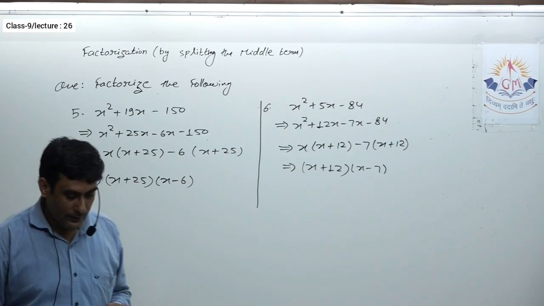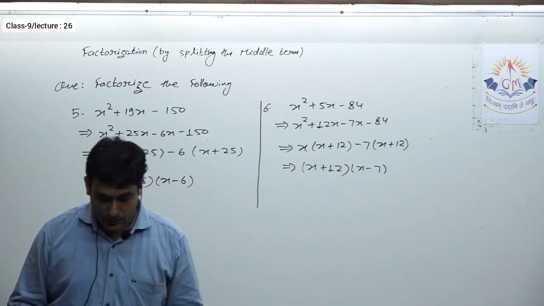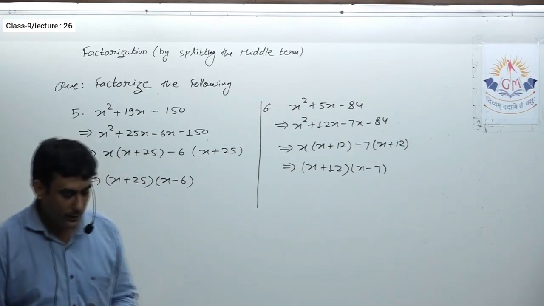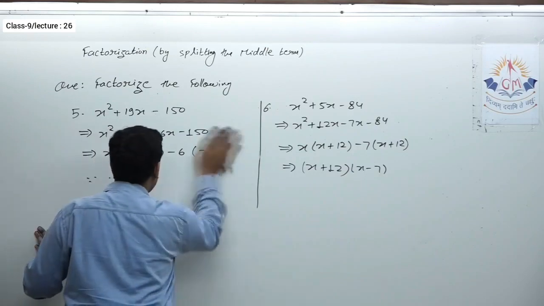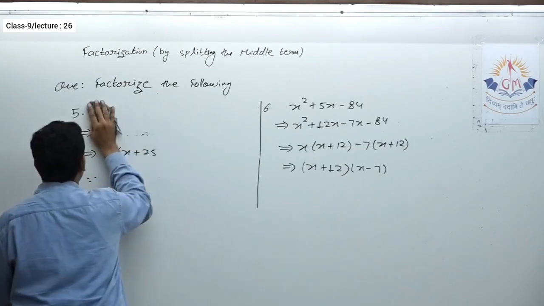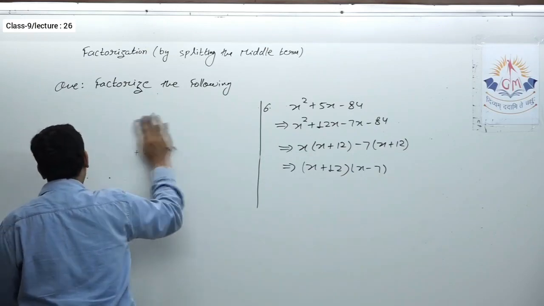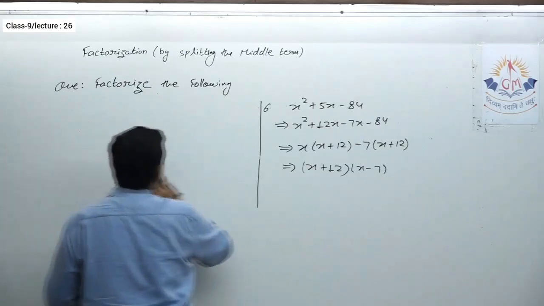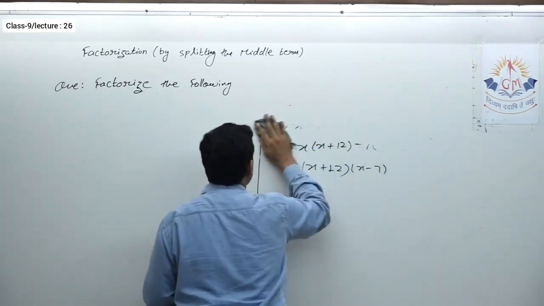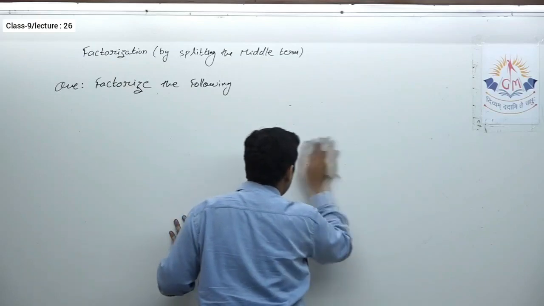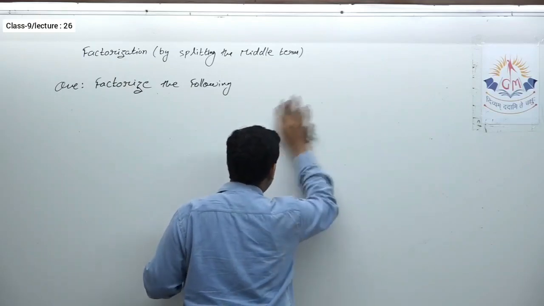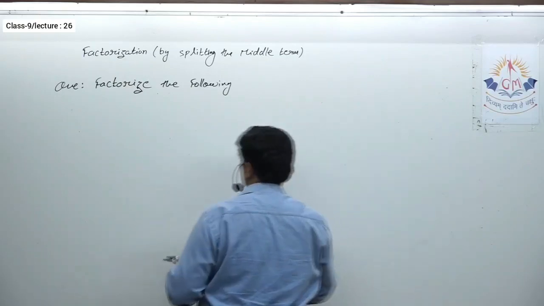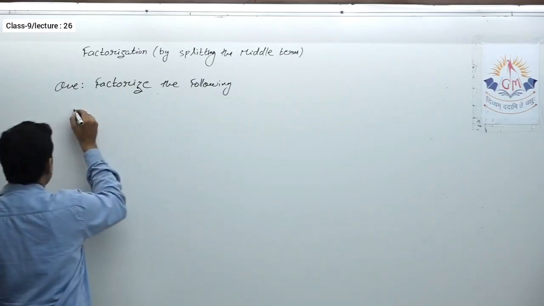Okay, now we'll come to the next category. So in that very first question is 6x square plus 7x plus 2. See, almost everything is the same. Only one thing: the coefficient of the first term won't be unity, won't be 1. Otherwise everything is going to be the same.